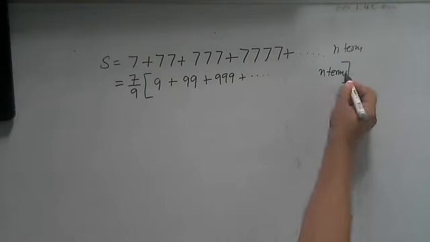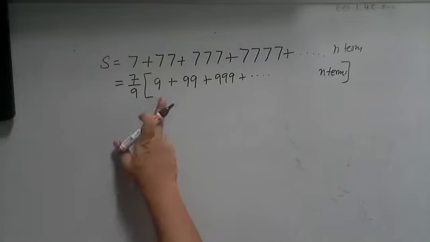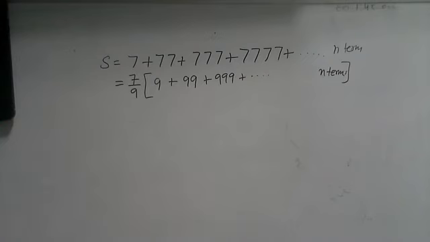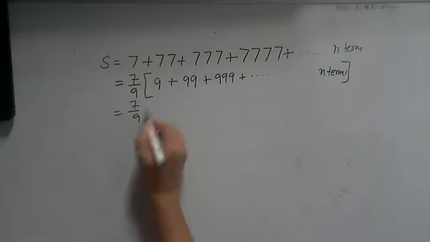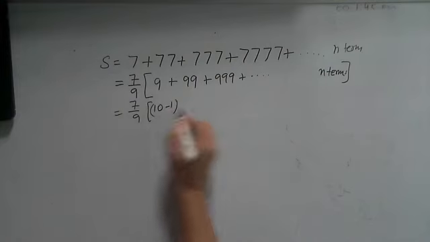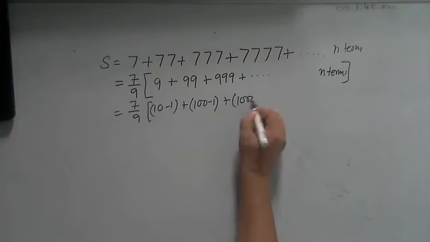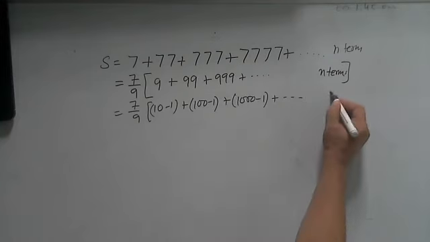terms. Did you understand? How is it 9? Multiply and check. When you multiply 7 upon 9 with this, it gives you 7 and so on. Why did we do this? Because it is quite easy for us to write 9 in terms of a complete number like 10 minus 1, 99 as 100 minus 1, and so on. You can write it as 7 upon 9, 10 minus 1 plus 100 minus 1 plus 1000 minus 1 plus so on up to n terms